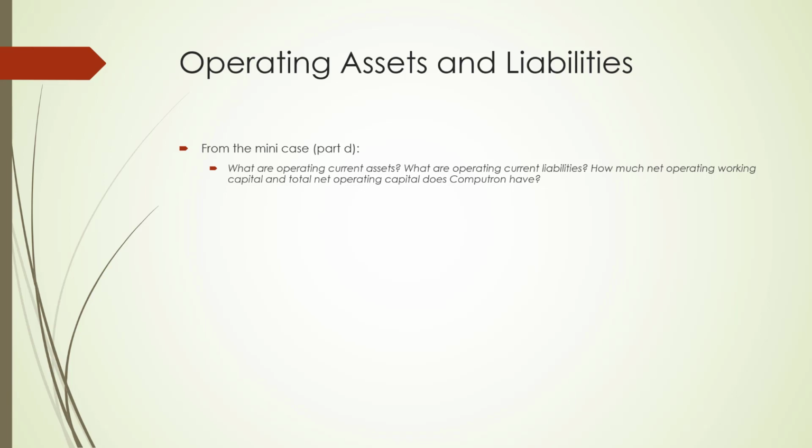So short-term investments are not operating assets. What are operating current liabilities? Well, operating current liabilities, again, are those that do not involve paying interest. So we usually have accounts payable, maybe some accrued expenses, and possibly some other current liabilities, but not short-term notes